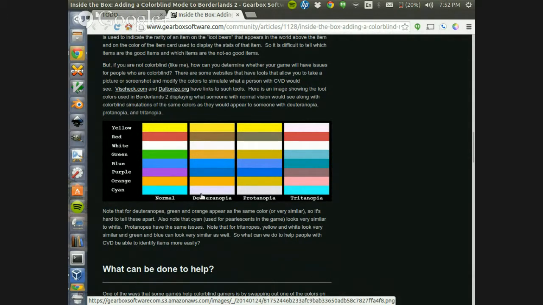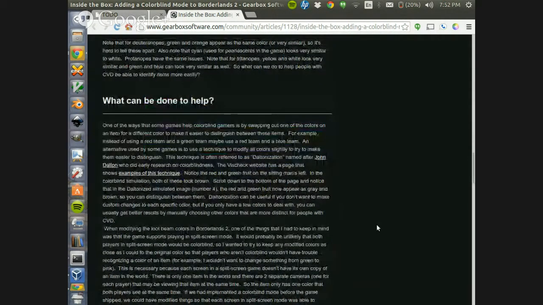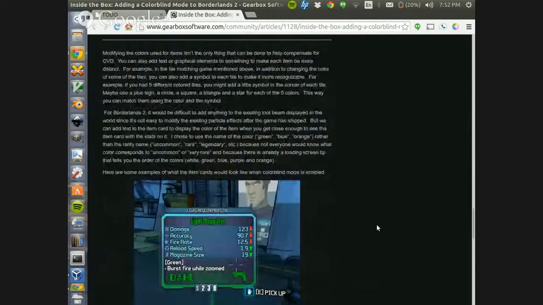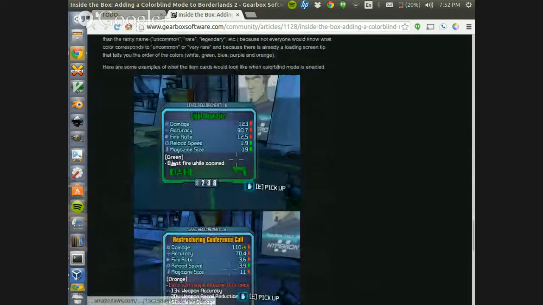And then here are three of the different kinds of color blindness. And they go through a lot of the same steps I'm talking through here. What can you do? Some of the things they did: they also, in the text, called out the rarity, in addition to choosing variants of a certain color that might not be as susceptible to a particular color blindness, right?